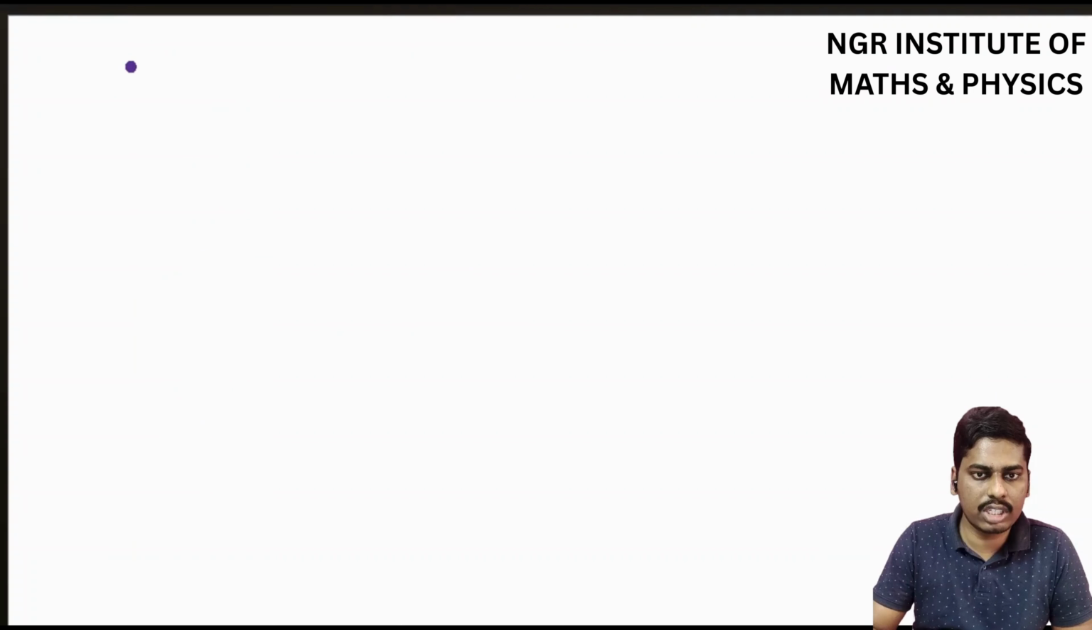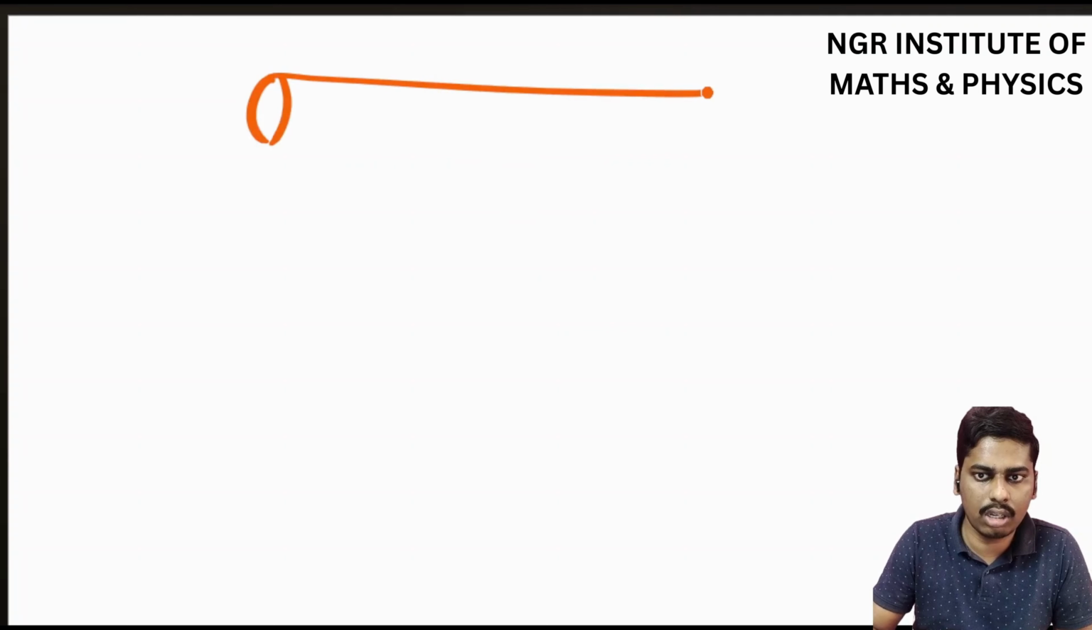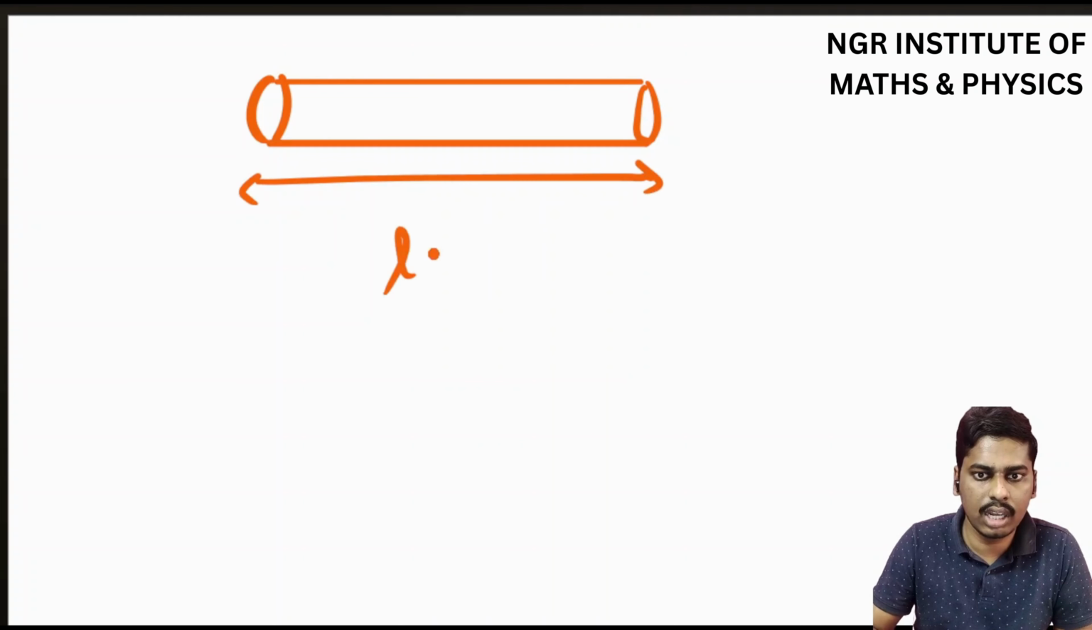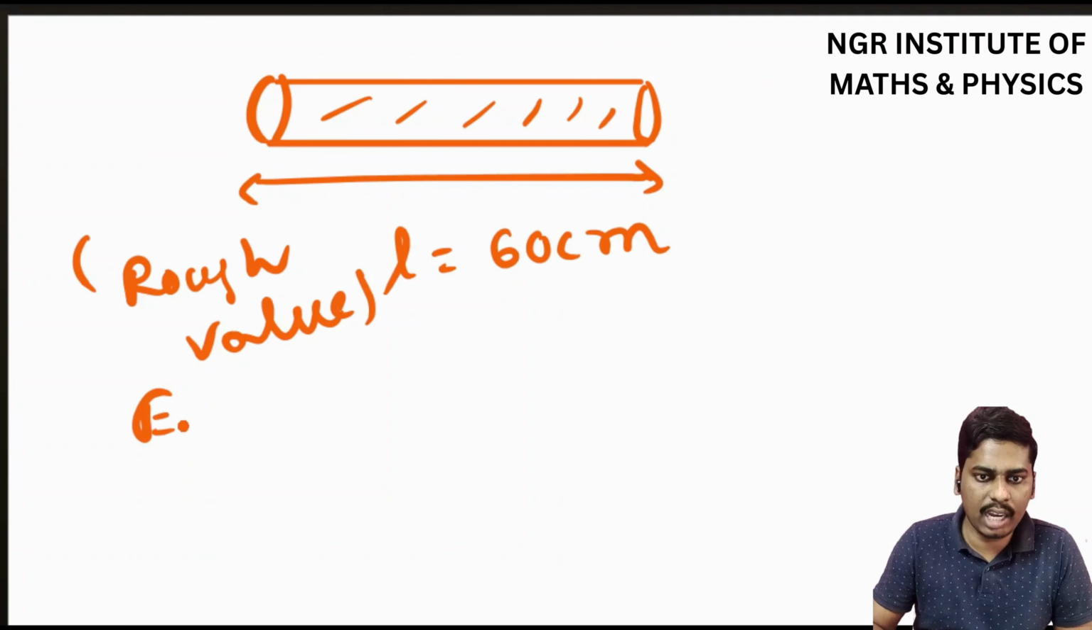Next, going with the next topic. For suppose, let's dive into the detailed procedure now. Detailed concept. Suppose this is a rod, and this rod has a rough value of length L, the rough length of the rod is 60 centimeter. But if we calculate the exact value,